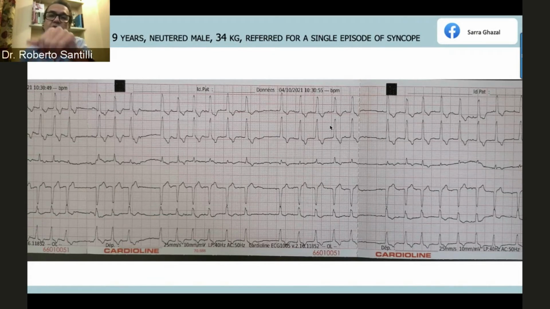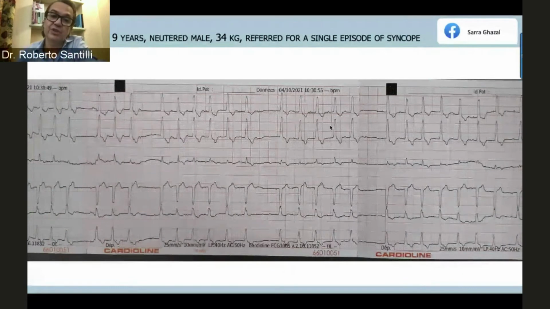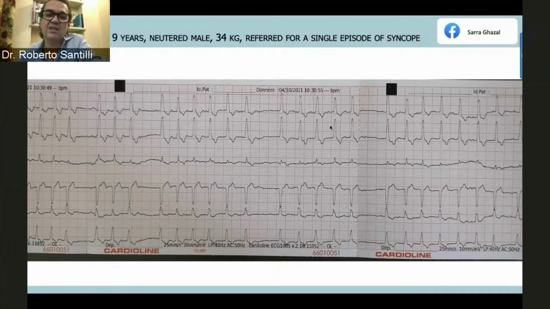So if you have a normal troponin and normal echo, this is a case where a conduction disorder is present. Usually in a case like this, we do Holter, and if the Holter presents prolonged ventricular asystole, we start using aminophylline. There are very, very few cases in cats that need pacemaker implantation, very rarely. But this should be considered a possible option if, despite aminophylline, you still have syncope and prolonged ventricular arrest.